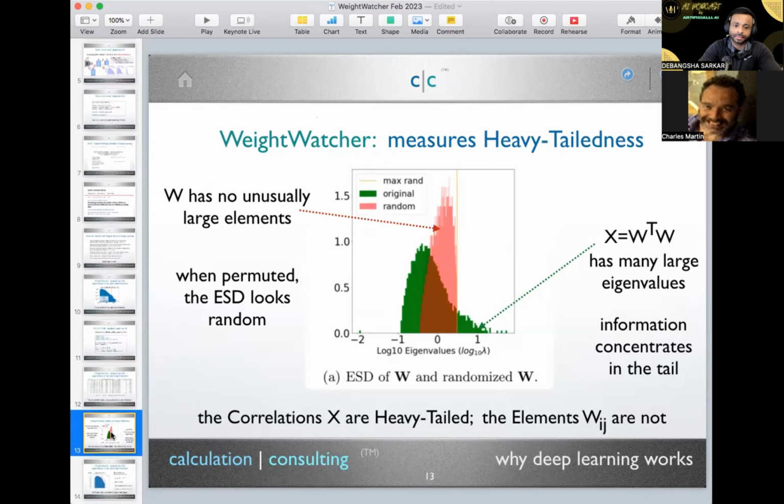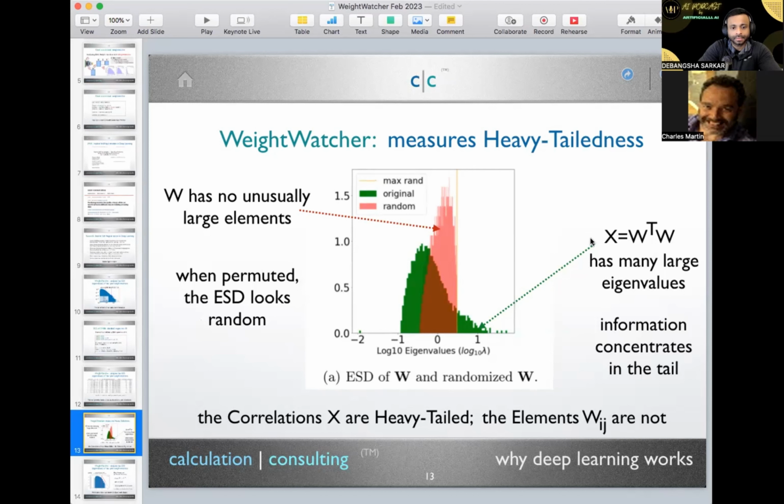Let me give you the essence of the theory compared to what other people do, because we're doing something very different than what anybody else does. This is not PAC-Bayes theory. It's not VC theory. It's a little bit like statistical mechanics and theoretical physics, but even there, it's a little different. So this is a typical layer weight matrix. It might be a layer out of BERT, or it might be the dense layer, FC1 or FC2 in one of the VGG models. It's just a simple linear layer.